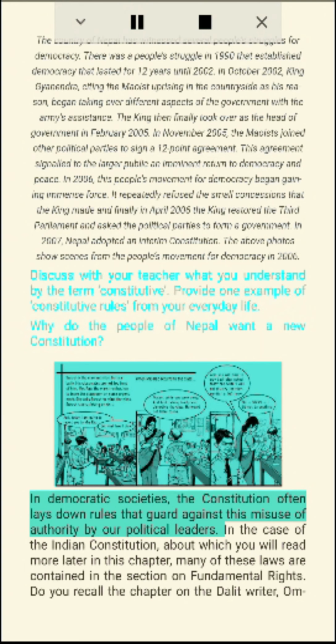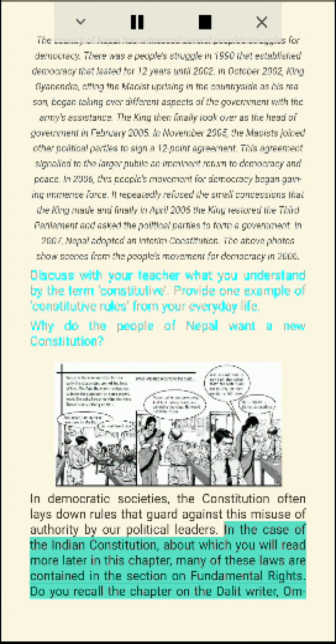In democratic societies, the Constitution often lays down rules that guard against this misuse of authority by our political leaders. In the case of the Indian Constitution, about which you will read more later in this chapter, many of these laws are